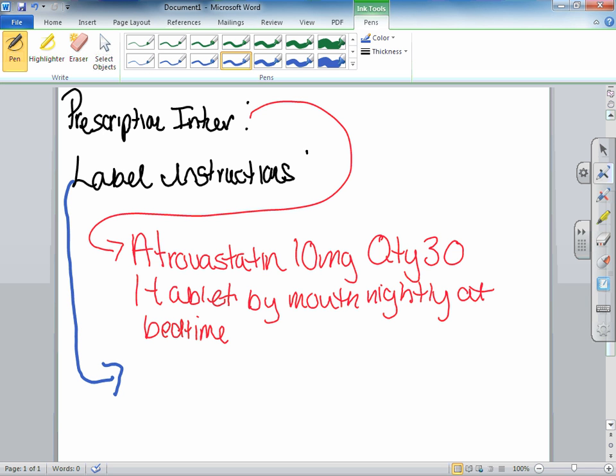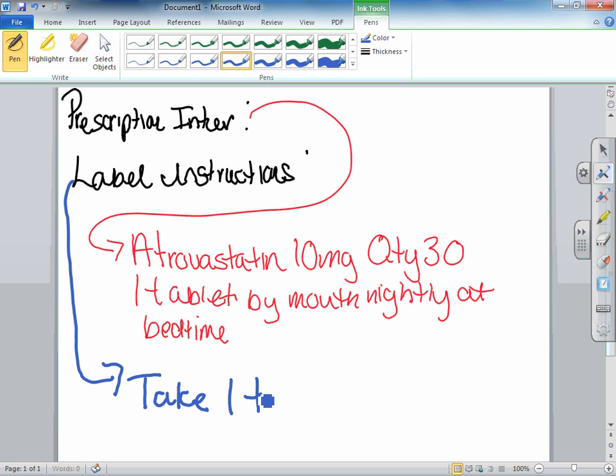So again, it has to be in a complete full sentence. You use the correct verb. You provide a form, a dosage form. You provide the route of administration. You provide the frequency, and you provide any additional information, regardless if it's given to you or not within the prescription itself. So my label instruction, for the patient to read it, will read,